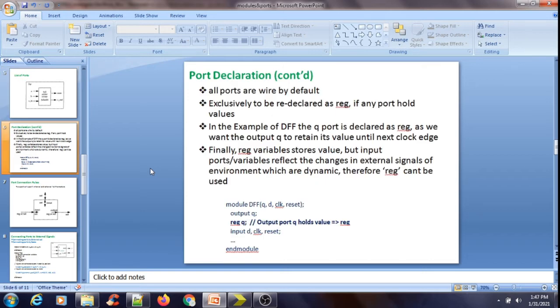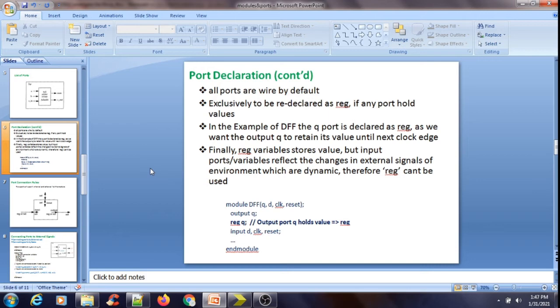During the time of port declaration, you might have wondered why sometimes I am using a reg and why sometimes I am using a wire. This is the most common doubt: at what places I have to declare a variable with type reg, and at what times I have to declare different variables as wire. Let me give a clear idea on that.